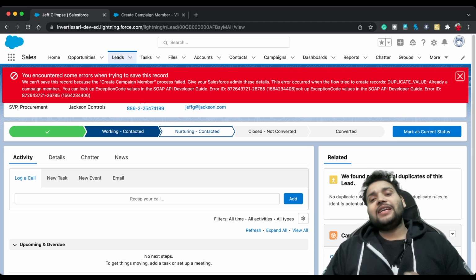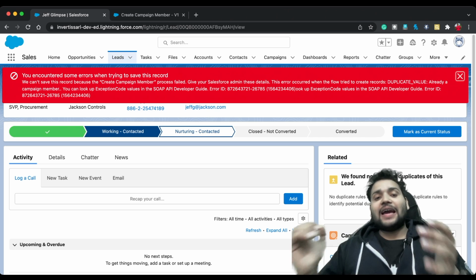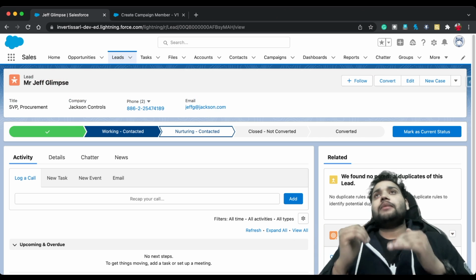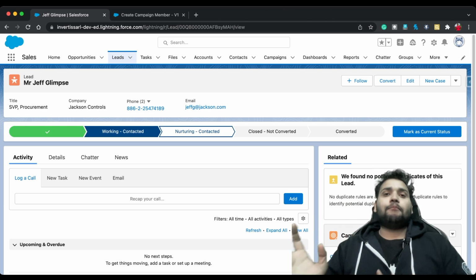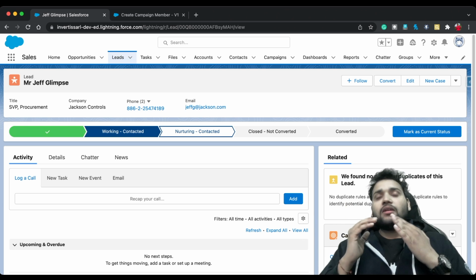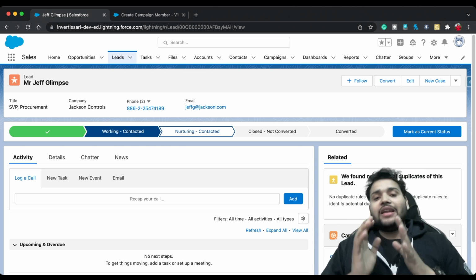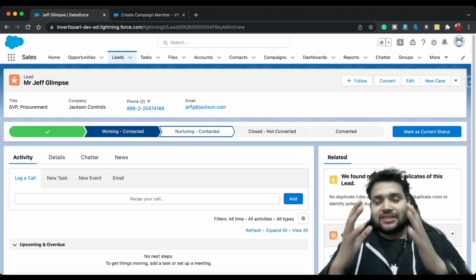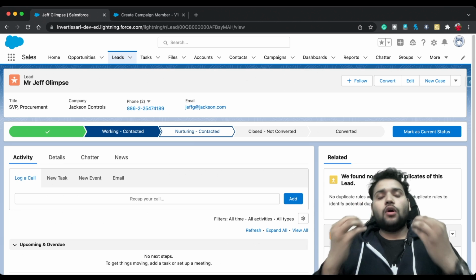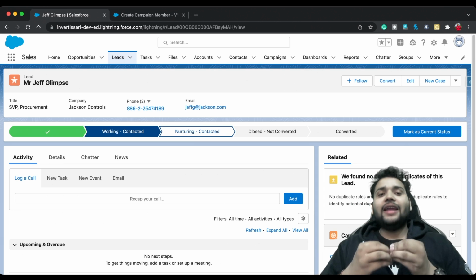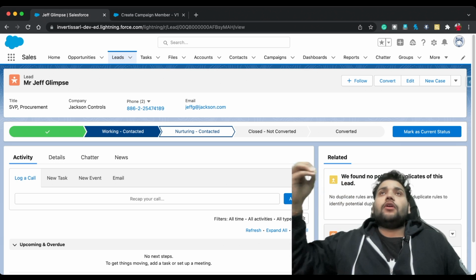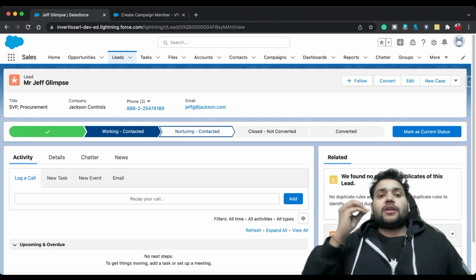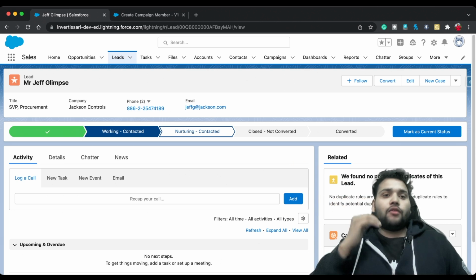So here you can see this time we get an error that this campaign member is already in the campaign. When we change the value of our status again to Working - Contacted, our flow triggers and again tries to create a campaign member record, but the campaign member record is already created for this lead. That's why we are getting an error.